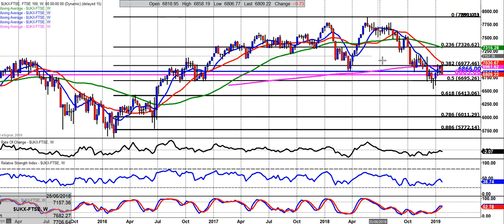Now you can see what we did last week. If you take a look at the high of the week, the high coming in was actually 69.87. Now if you look at this 38.2, it came in at 69.77 with the 21 week moving average coming in at 70.30. Now our weekly pivot this week is going to be 68.66 and the daily